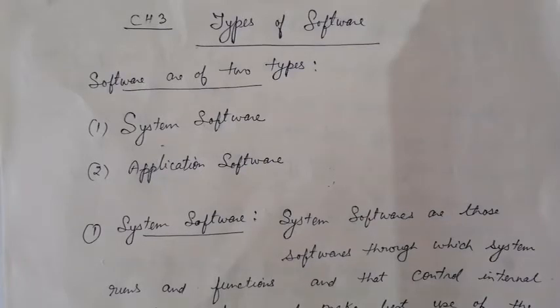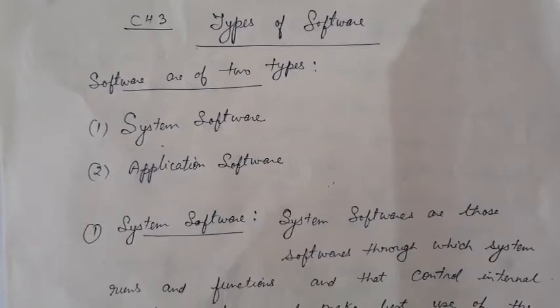Now today we are going to start types of software. Now what is software? After assembling hardware, what do we need? The computer is ready to run, ready to work, ready to function. And after getting it ready to function, we need to install some software into the computer so that we may be able to utilize its potential, its capability. And how does that happen? That happens only with the help of software.